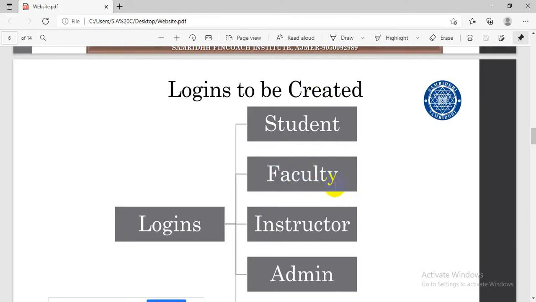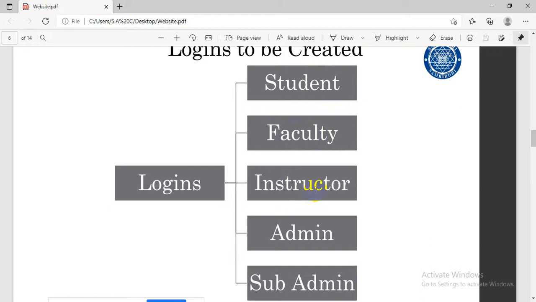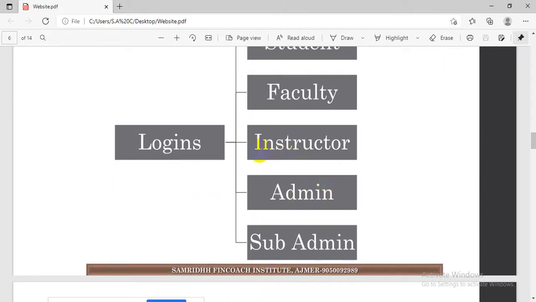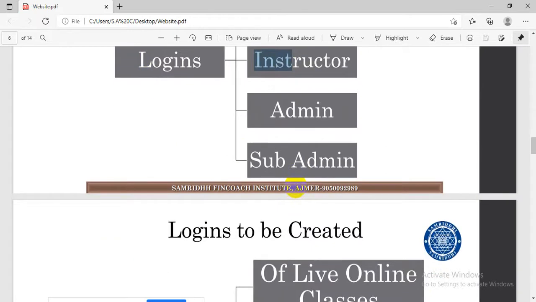An instructor is the person who is selling courses. They are not teaching live classes, only selling. They are selling their courses by uploading courses and recorded video. So instructors are of two types. One is who is selling courses, and the second is offline teachers who only put their profiles. This instructor login is for those who only sell courses, uploading on our website.